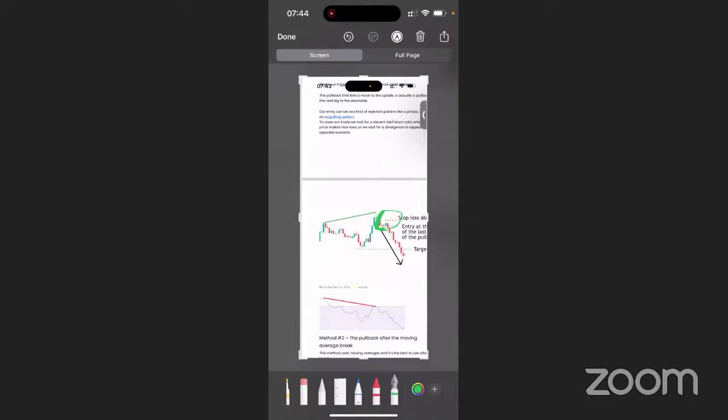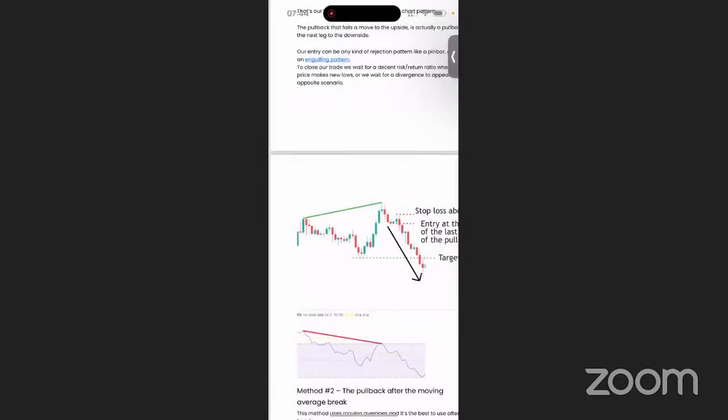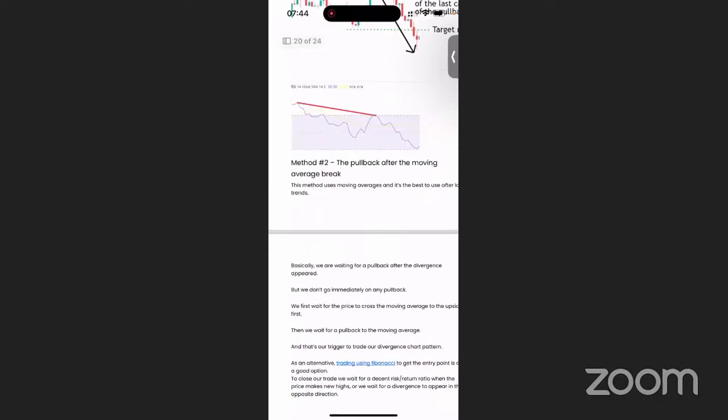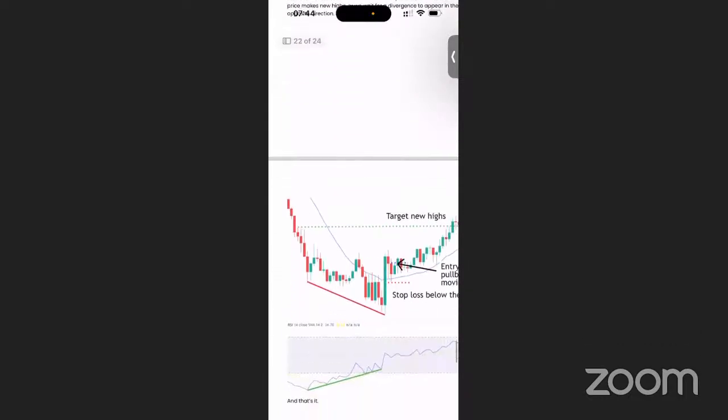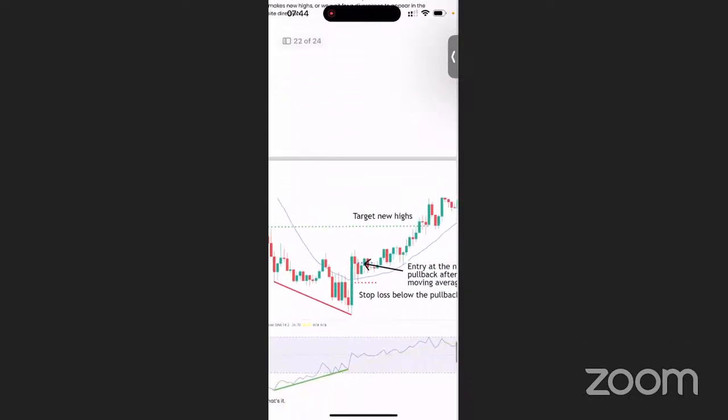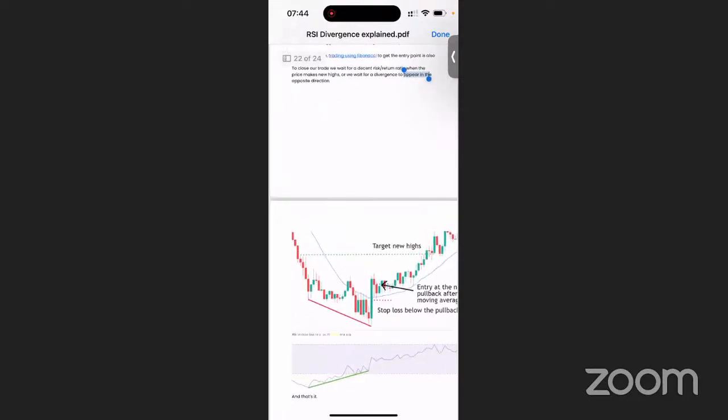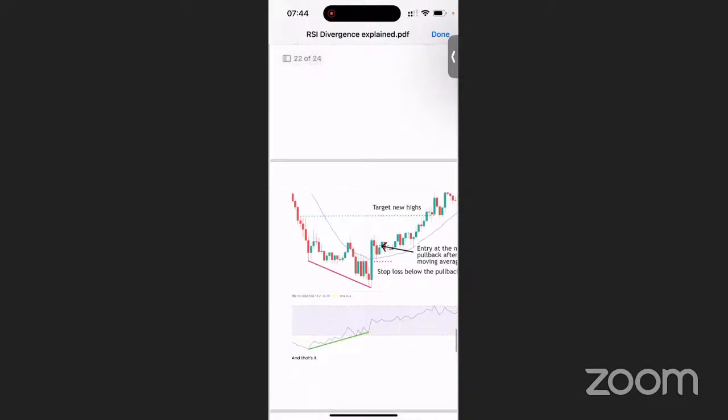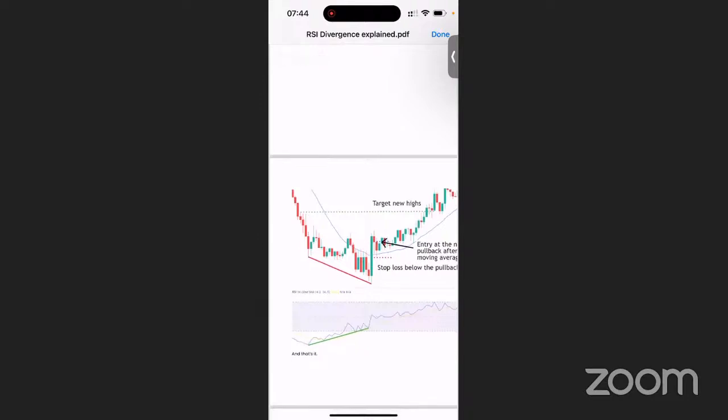That is the first strategy when you are trading this RSI divergence. Method 2, the pullback after a moving average break. Let me just use examples. For example, if you look at this coin, it had formed a divergence, which was a bullish divergence. When it forms a bullish divergence, as you are planning to make your entry,